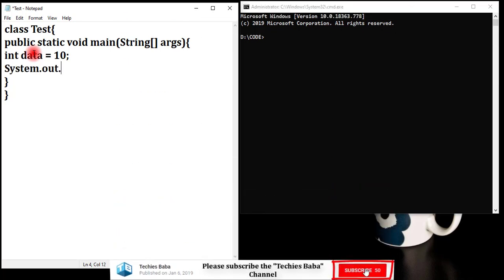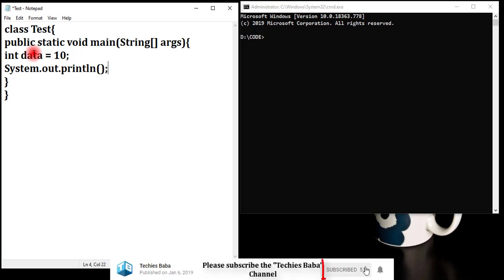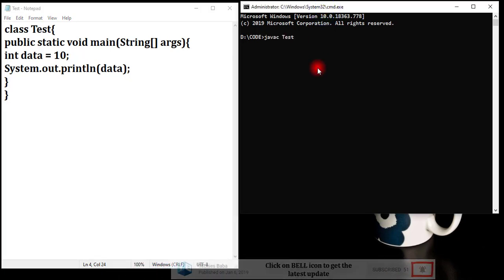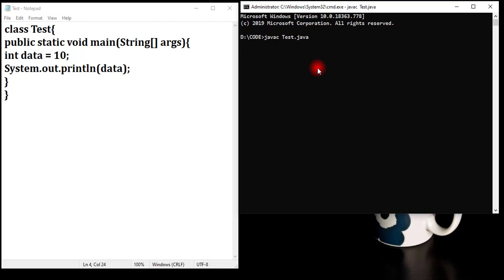I want to print the value of the data. So I'm printing this. Just compile and execute. So I'm compiling this. And then executing. Code is compiled successfully. So we are executing this. It is printing the value 10.